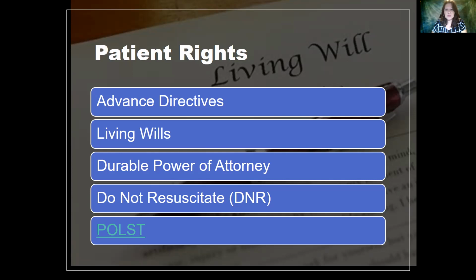Verbiage is a new term. So you may see the term A&D in place of a DNR. A&D stands for allow natural death. That's just a change in verbiage that you may see coming down later. I haven't seen it in practice at all yet, but it's new, and it's just a change in verbiage. It just sounds a little bit better to say allow natural death versus do not resuscitate. It typically makes families feel a little more at ease about that choice.